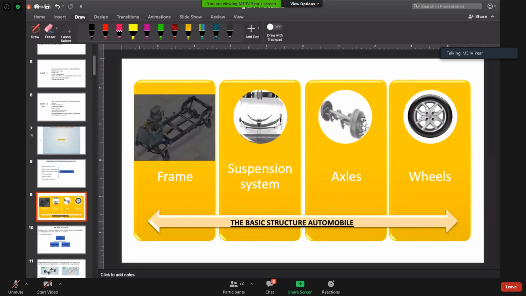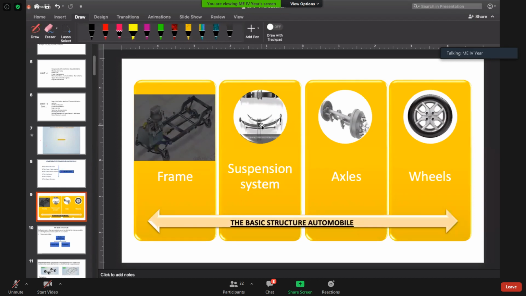This is the basic structure of automobile. Here you can see one frame is there. In suspension, this type of spring is called as, which kind of spring is this? Leaf spring. So in the previous figure or in the video we have seen two type of suspension system. Can anyone name them? Conventional and independent suspension.